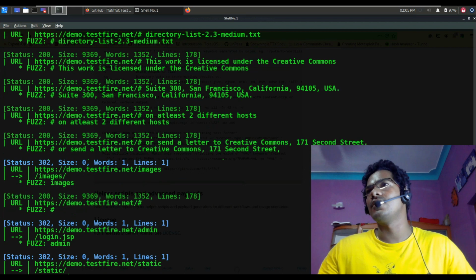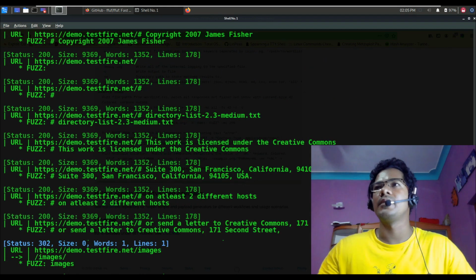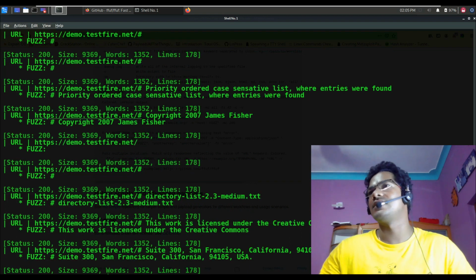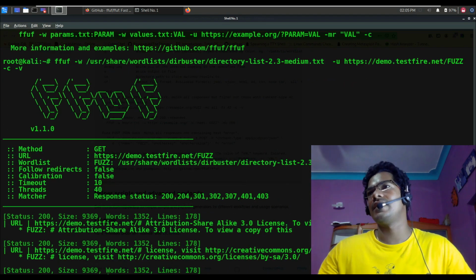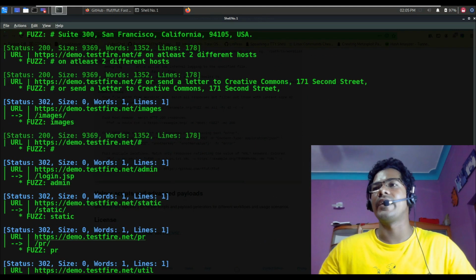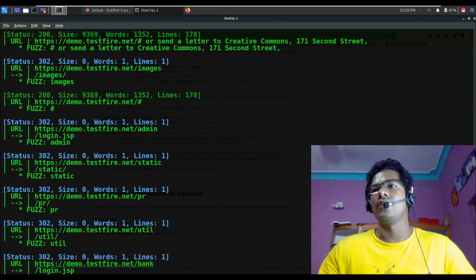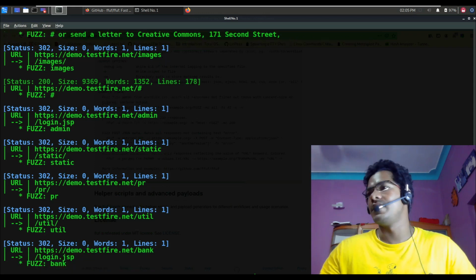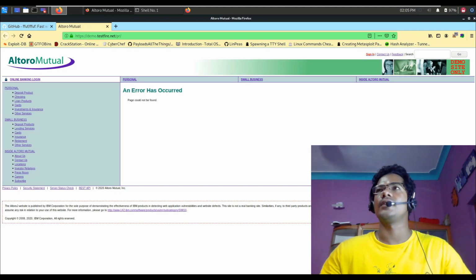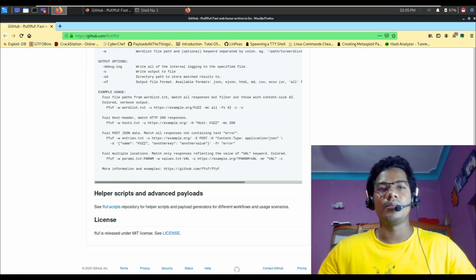Now another thing, if you look on top here, you can see the 200 responses, all those things that it has discovered. Now for hash, right? You can see that within a small second of time, the tool is going ahead and figuring out a lot of interesting output or interesting URLs. If you open this URL, that might also lead to some page or other thing, right? So this is the simple usage of this particular tool.